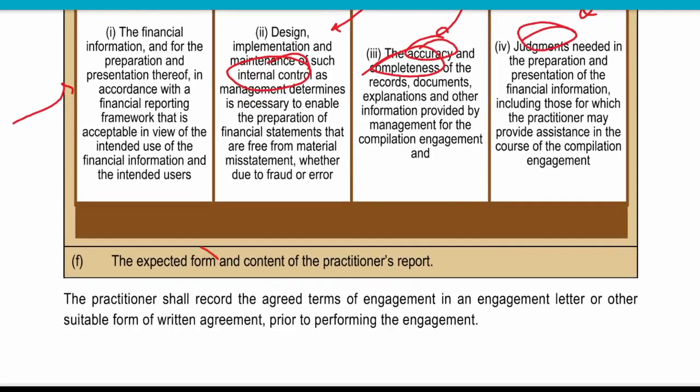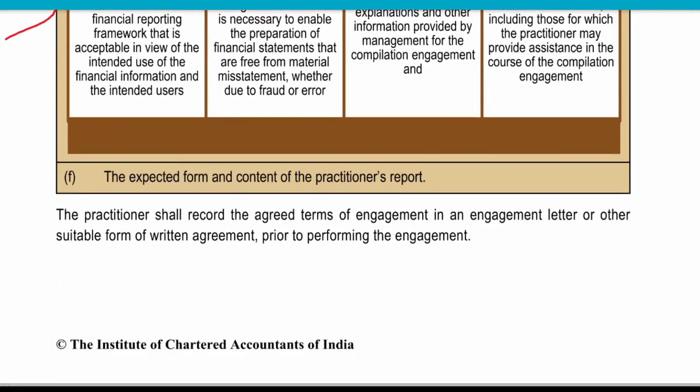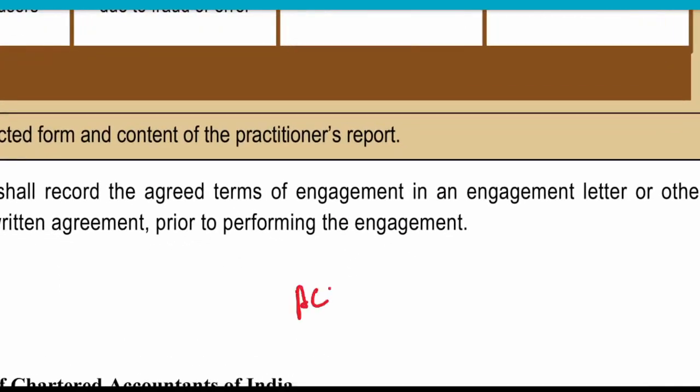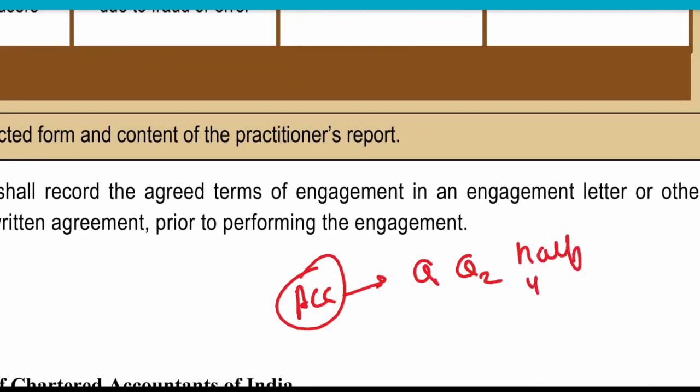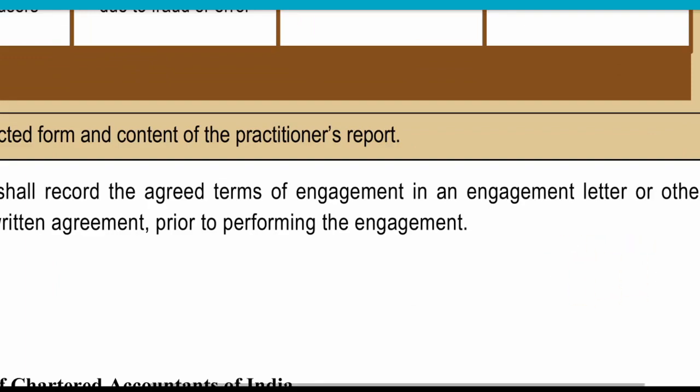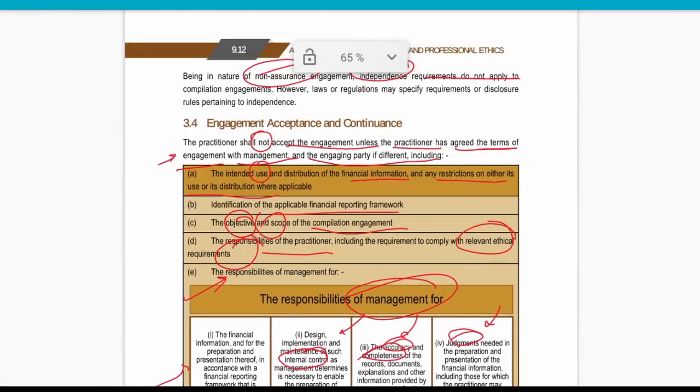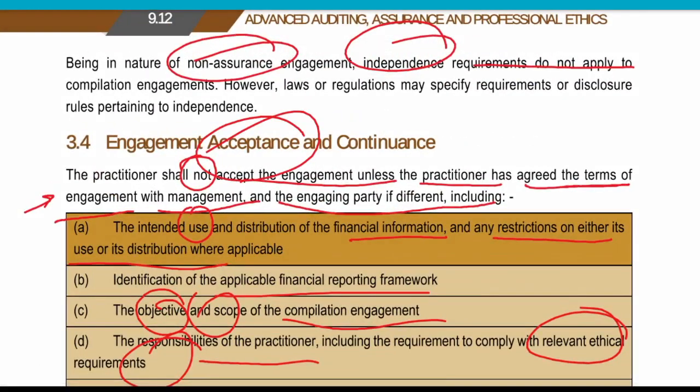Okay, and also you need to agree with the management on what kind and content of report they need. Because before accepting any accounts work, you need to consult with the management: you need a quarter one report, you need a quarter two report, then it might be possible that we need a half yearly report. But what kind of reporting do they need from you? All these things, first of all, you need to agree and accept, and only after that you need to continue with such engagement.